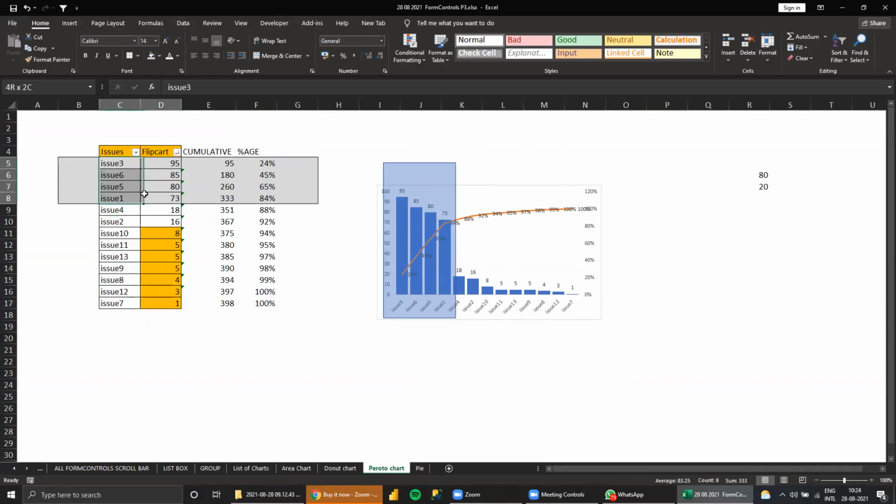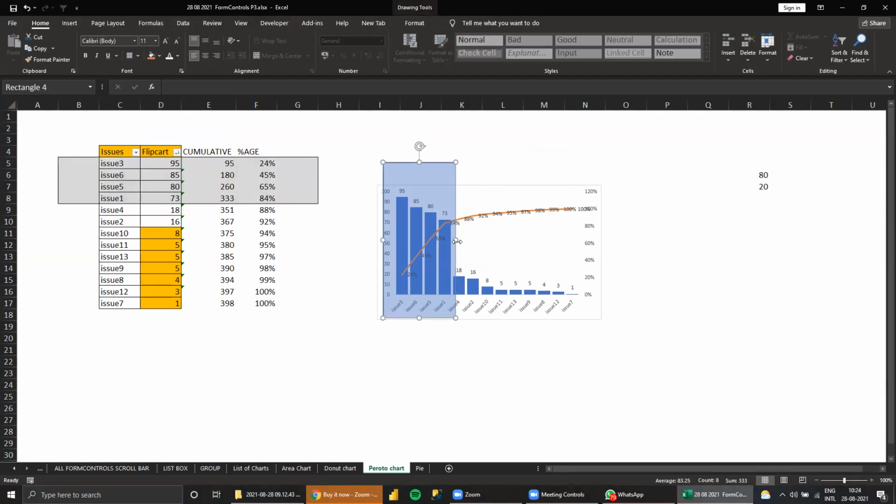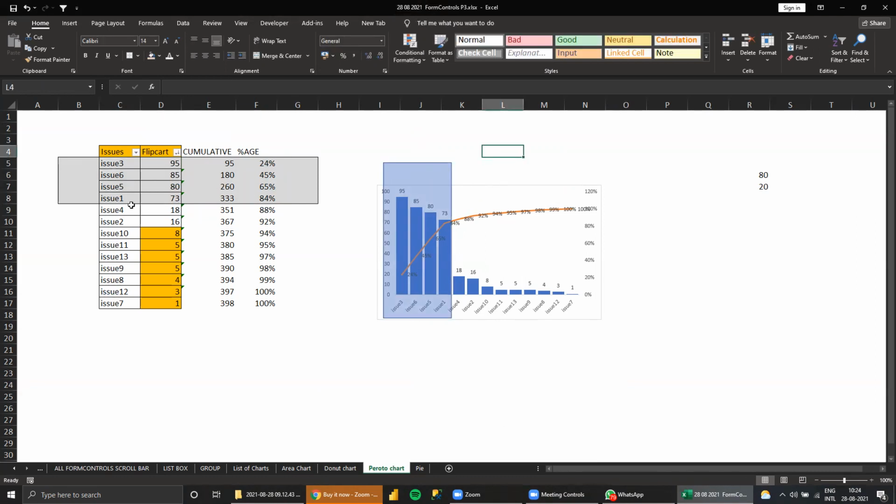Main focus, main issues. Suppose in any project there are issues. So what will management do? Take the data, plot the Pareto chart, focus on the issues. Then 80% of the problem will be solved.